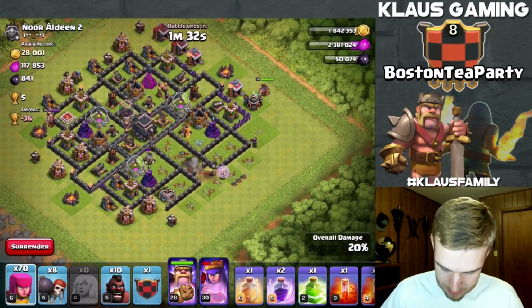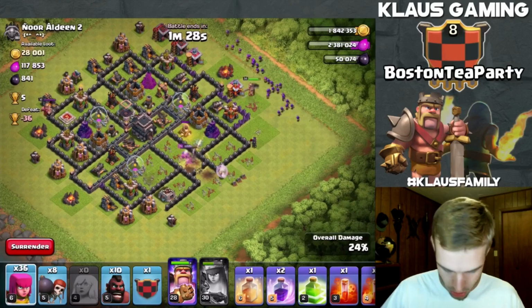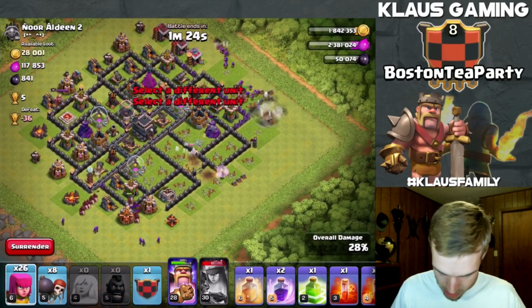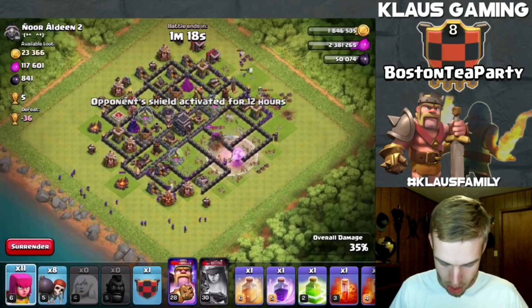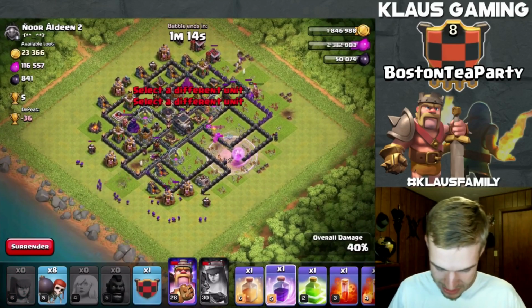Drop the king and pop the queen's special ability there. King and archers behind one way, and then hogs and archers behind the other. Let's drop a rage spell for the queen, hogs, and, oops, sorry about that, and some archers, so that we're actually making a double funnel. Hopefully the queen takes out one of these